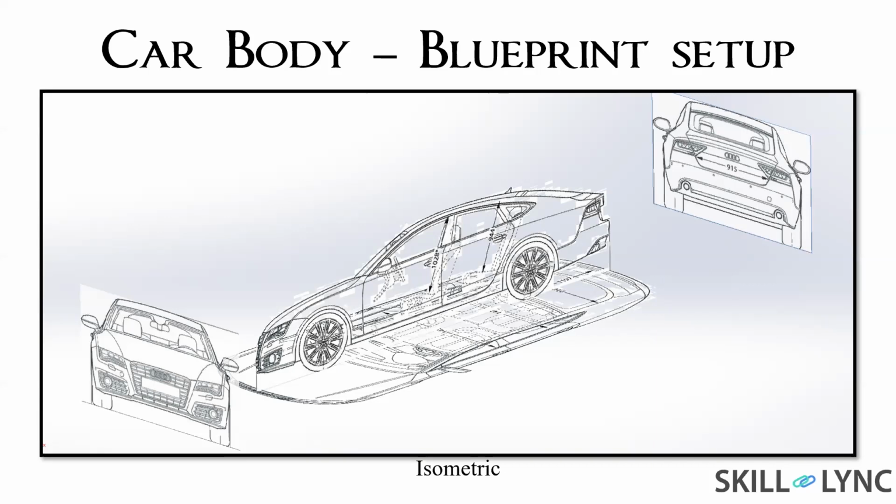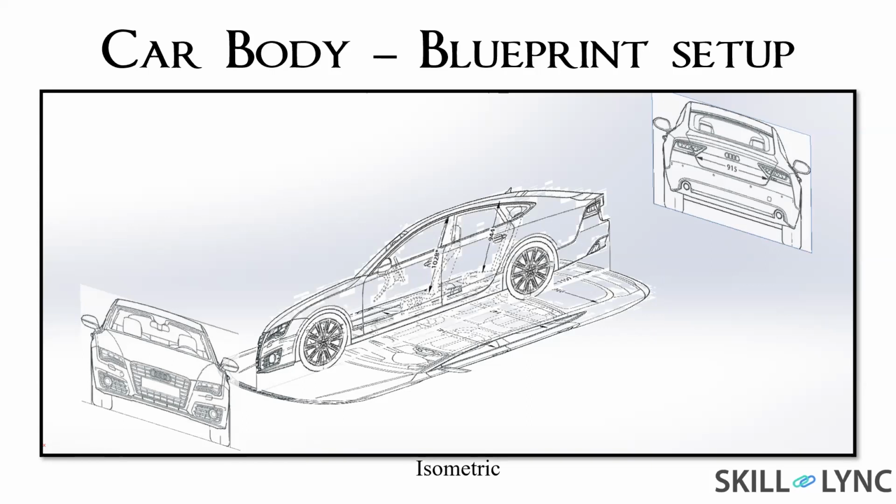And for the front and back blueprints, I didn't bother to attach them to the rest of the blueprints, because it doesn't matter much, as the body positioning and the size mainly depends upon the side and top blueprints. So I only just fix them by taking a reference of the origin and the height and width of the top and side blueprints. So this is the isometric view of the blueprint setup inside the working environment.